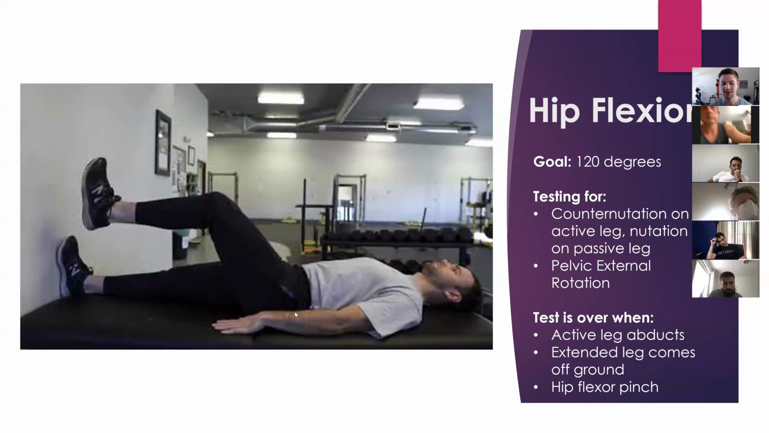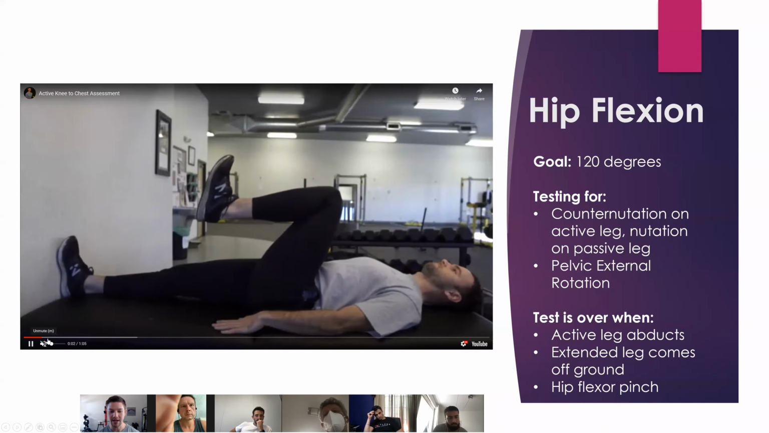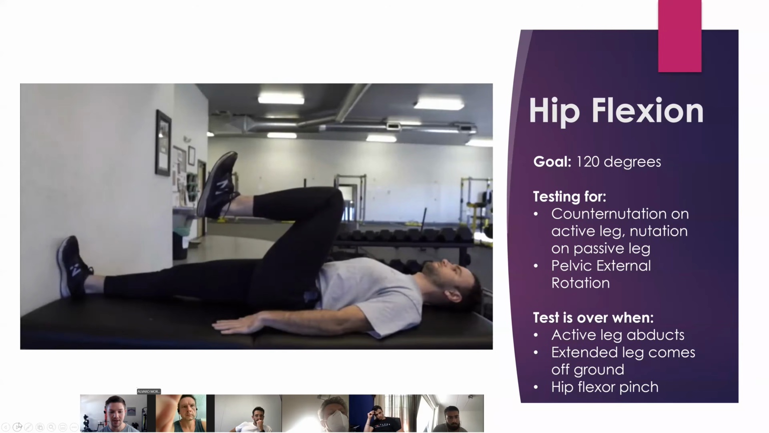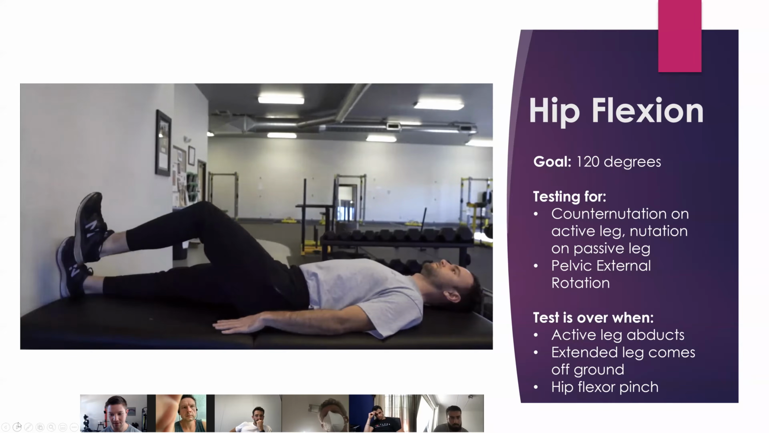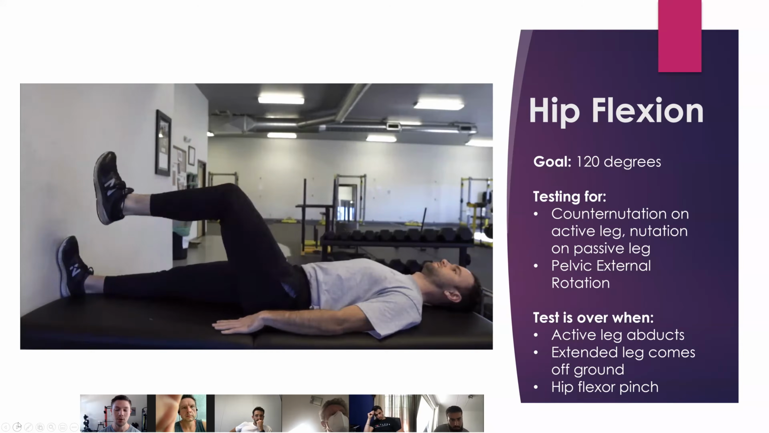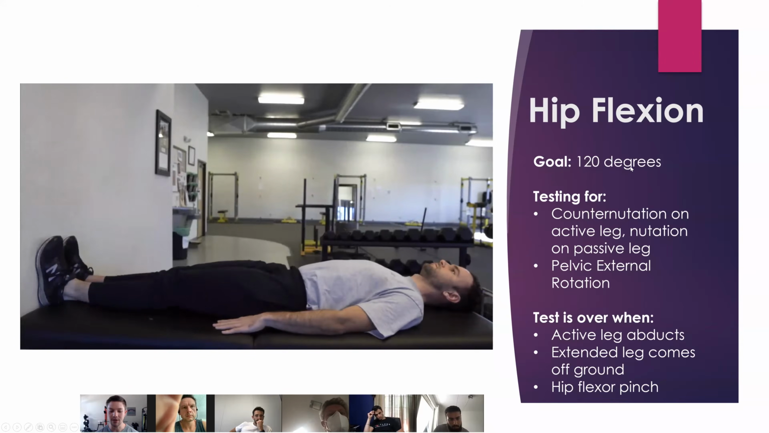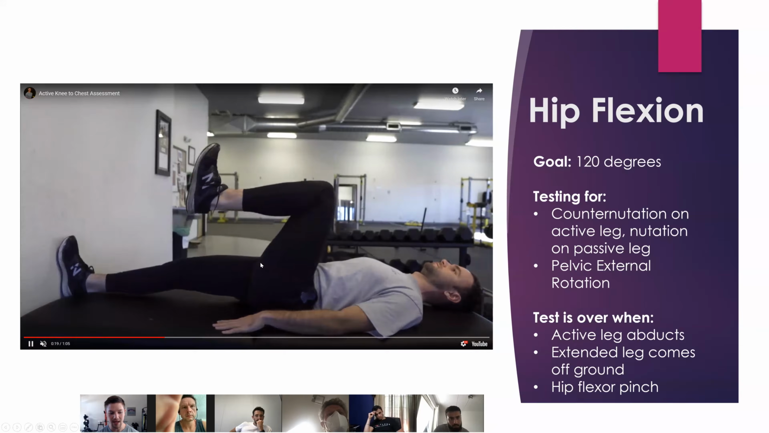The first test is hip flexion. This is testing, and again, this is a relative motion test. This is testing for external rotation and counter nutation on the active leg, and nutation and hip extension on the down leg. So if he can get to 120 degrees, that's a reflection of his ability to get to that counter nutation